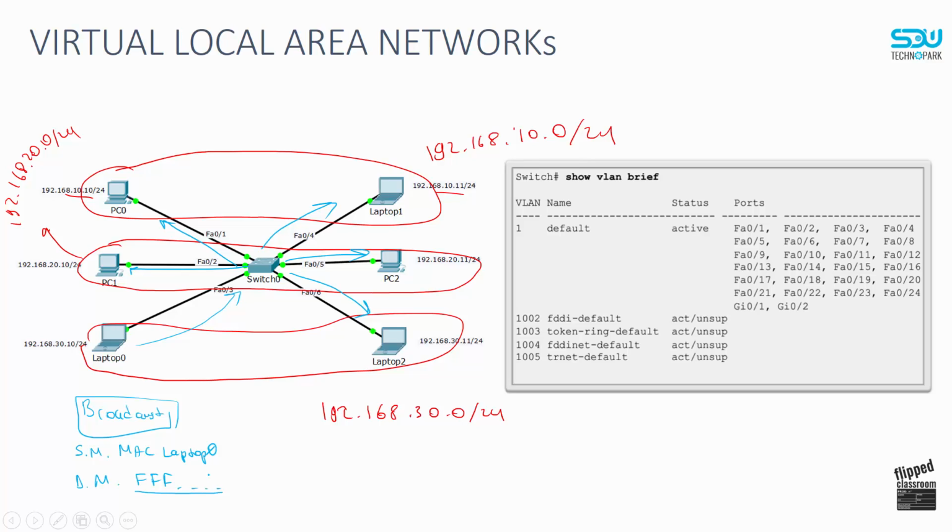So the idea of virtual local area networks is to divide a single local area network into logical divisions, and it is done by creating virtual local area networks, I mean VLANs, and assigning them to the